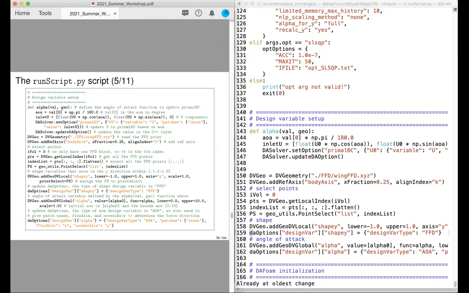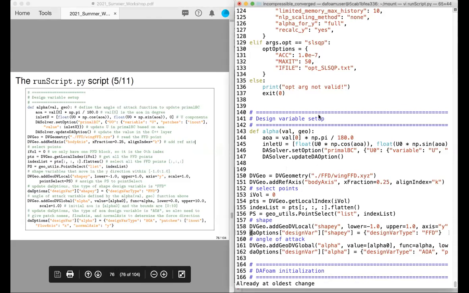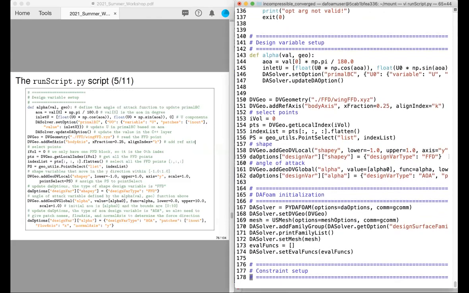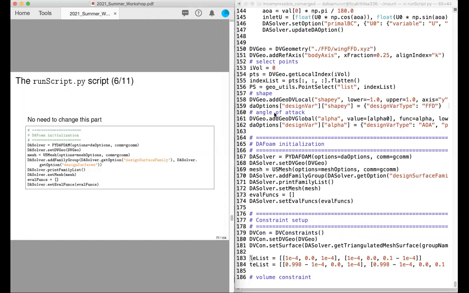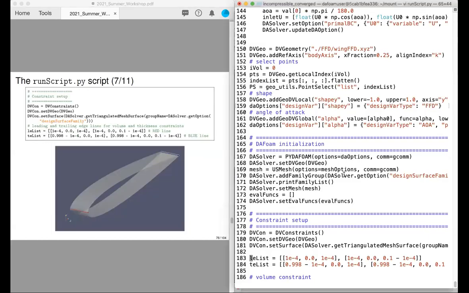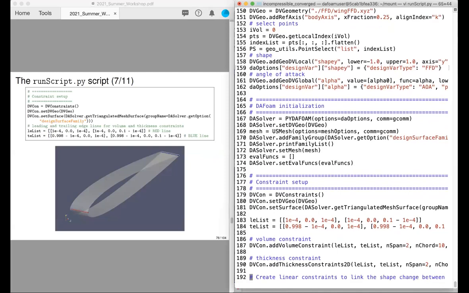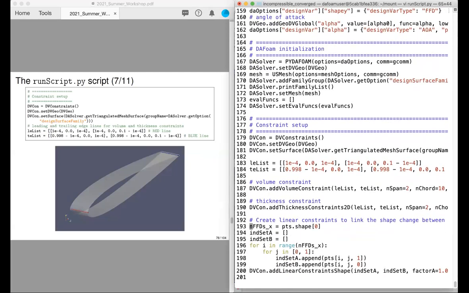And after that, okay, any more questions for the design variable setup? If no more questions, I'm going to move on to the next section. Let's see. This is the DAFoam initialization. You don't need to change this part. Next, constraints. Okay, we do need to spend some time to talk about constraints because